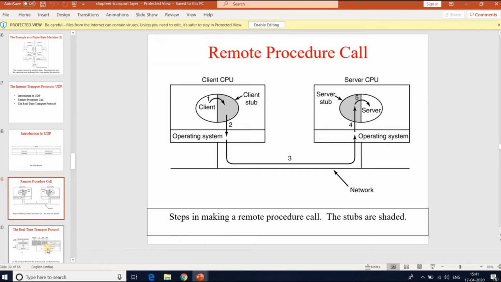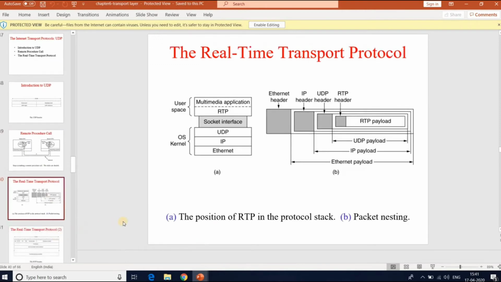Coming to the third concept, Real-time Transport Protocol. Client-server RPC is one area in which UDP is widely used. Another one is real-time multimedia applications. This is called RTP. RTP stands for Real-time Transport Protocol. The position of RTP in the protocol stack is somewhat strange.